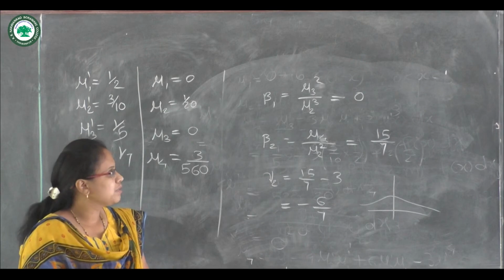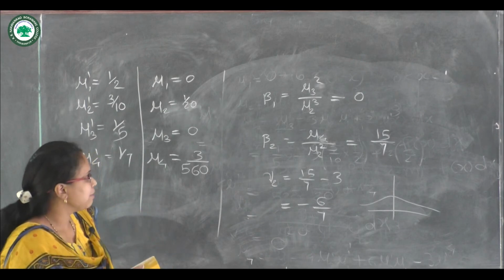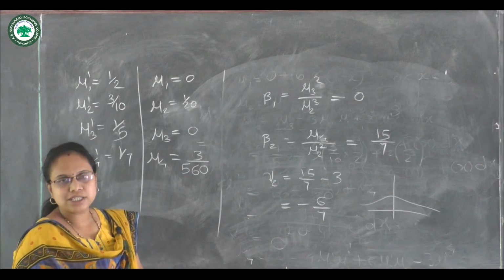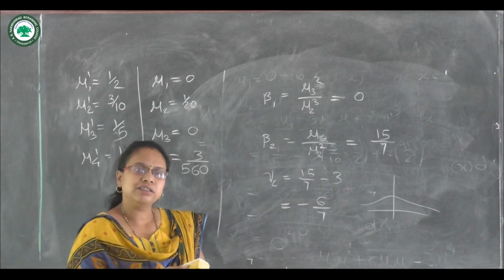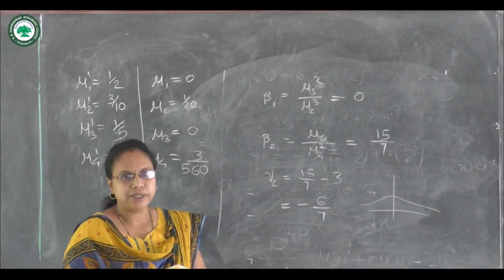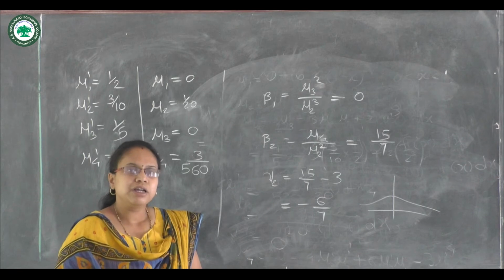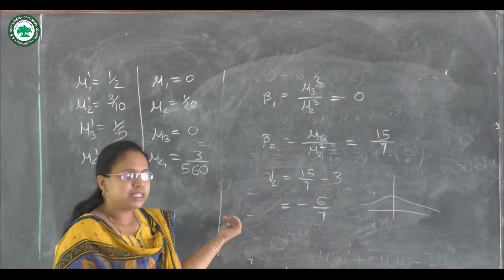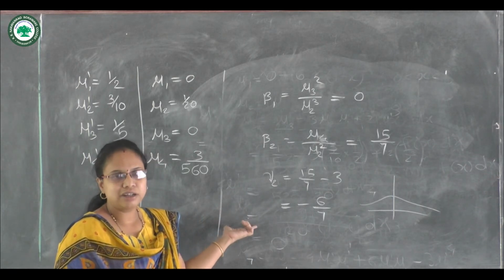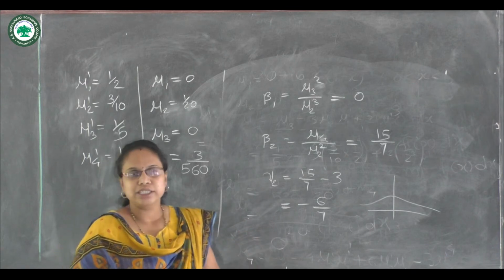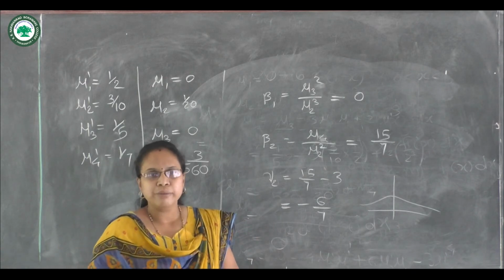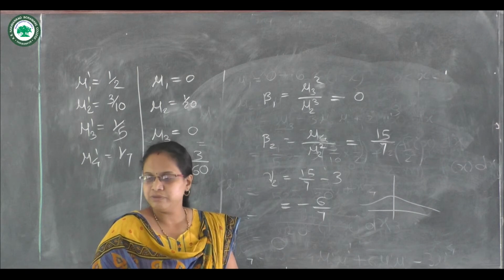These all things were there in the same, but the only difference is that we were using the summation sign there and probability of x there, that is PMF. Here we are solving all these by using the integration and the PDF. Okay, so that's all with the moments of the continuous random variable.